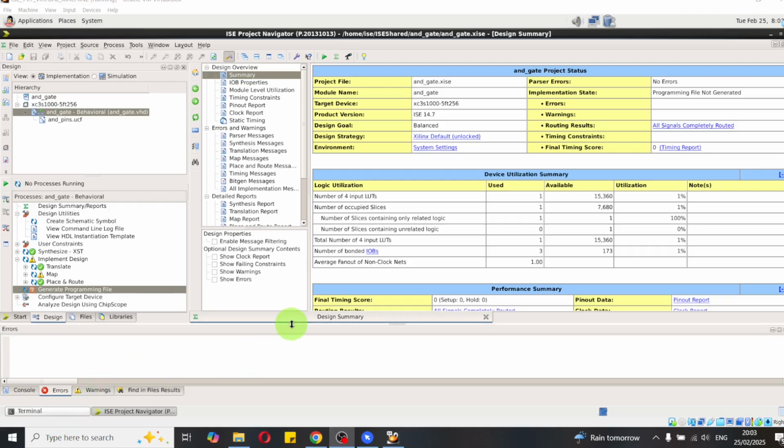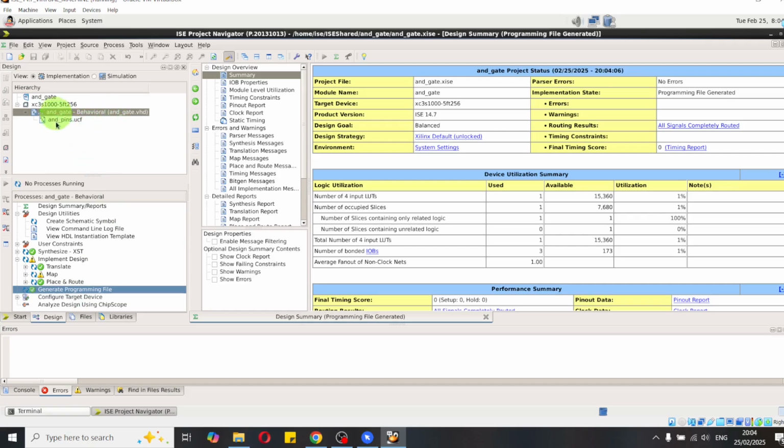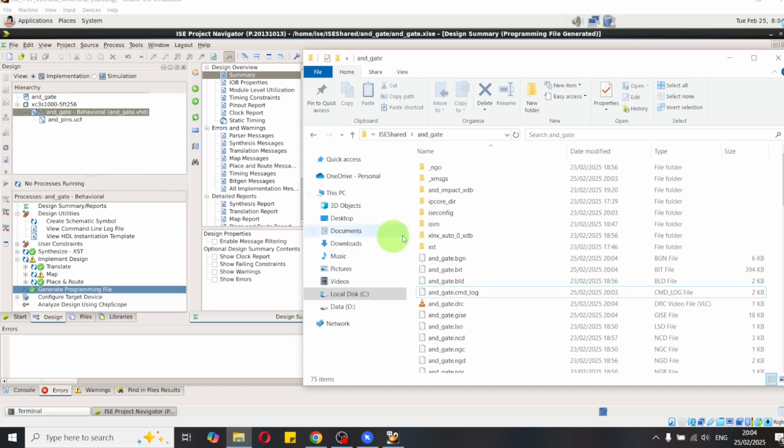And now we can get into the programming of the device. So we click twice on generate programming file, and a moment later the ISE Project Navigator will spit out a bit file. A bit file is used to program the